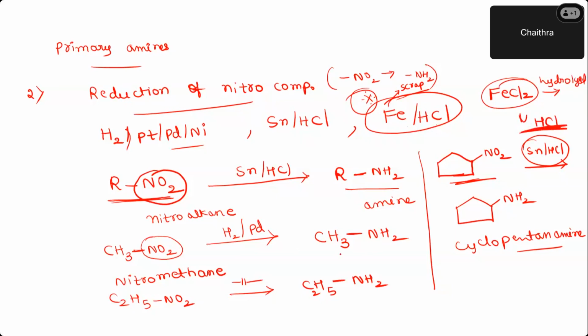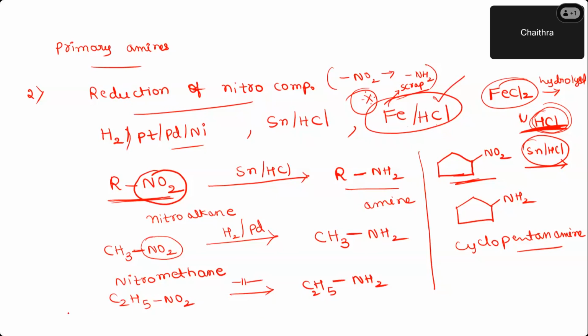So even if you start the reaction with a small amount of HCl, the reaction is going to happen. Since Fe reacts with HCl to form FeCl2, the formed FeCl2 gets hydrolyzed to give more and more HCl. Even if you start the reaction with a smaller amount of acid, the reaction can easily happen. That's why this reagent works the best. So have a note of that. Fine, so this is one more method of preparation.